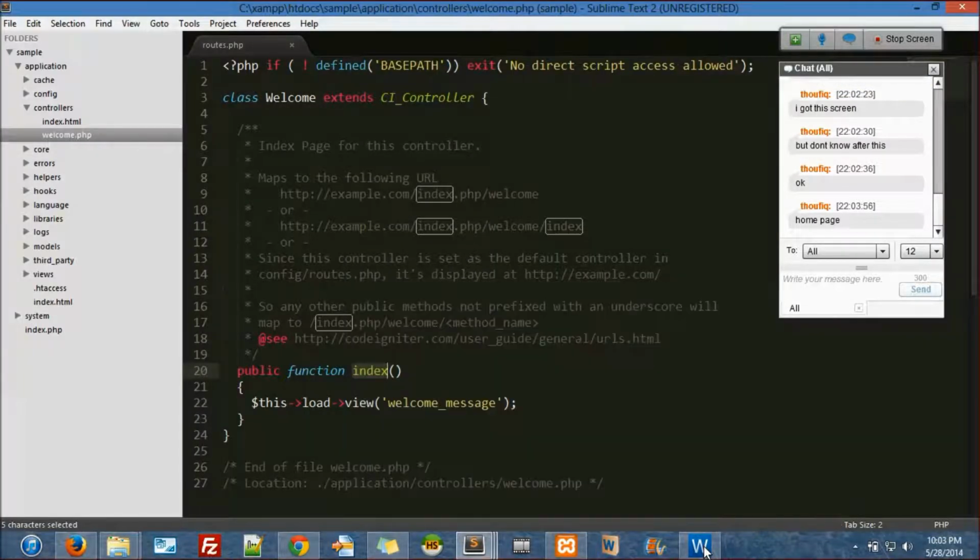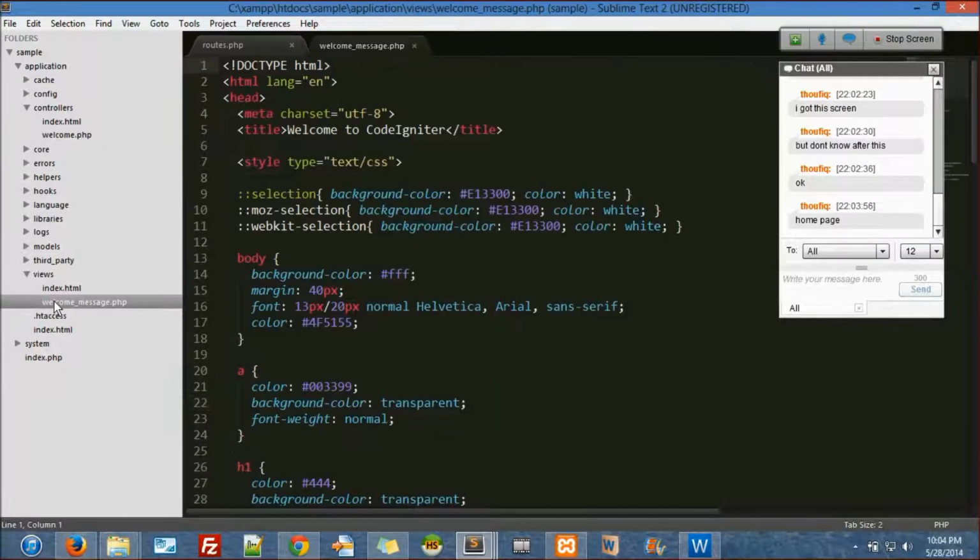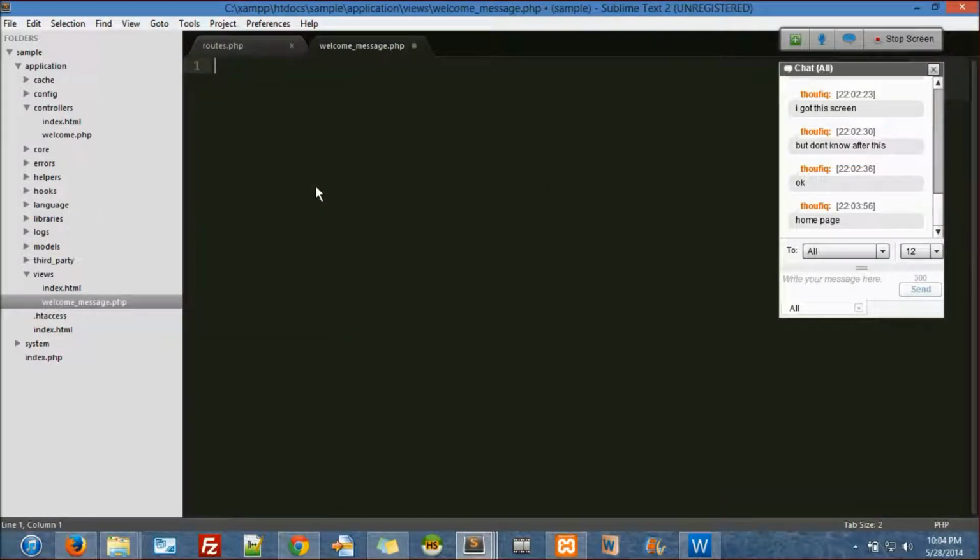Home page or the default page. So the default, it's going here, it's coming here. So in here I'm loading the view. Okay, it says load the view welcome_message. So you go to views, this is the file it's loading. So what I do here is I'll just remove everything. I removed everything. Okay, and I'll say h3,